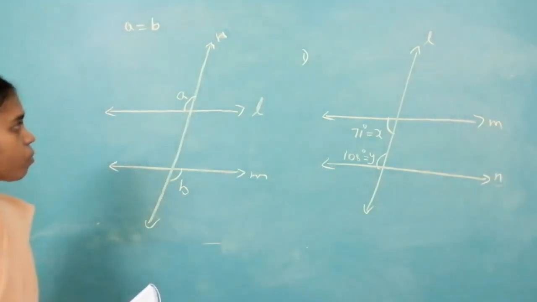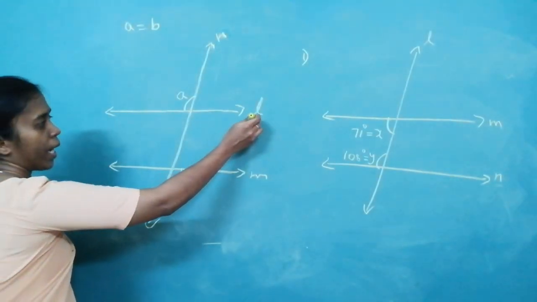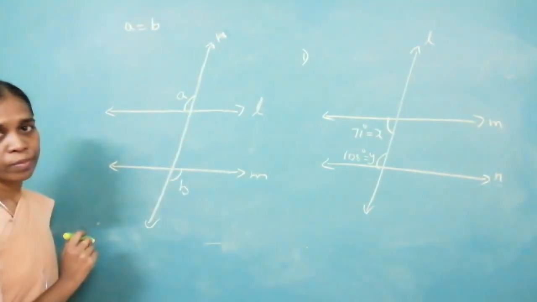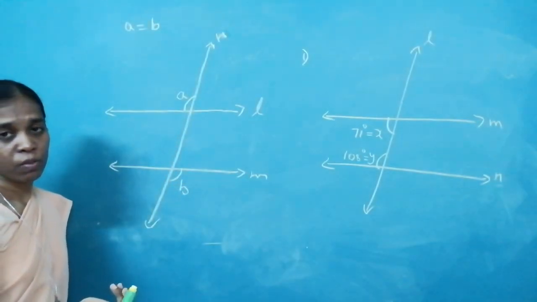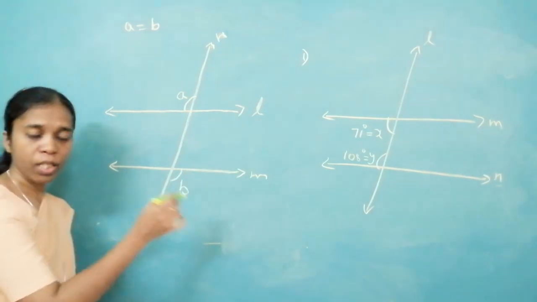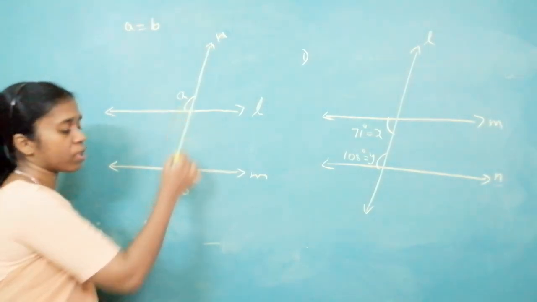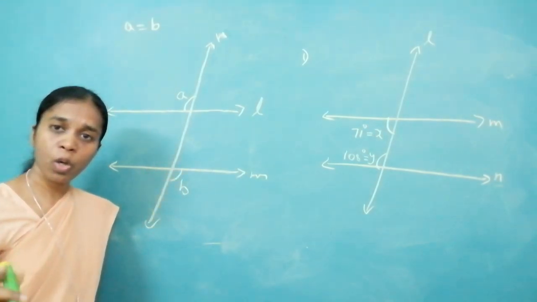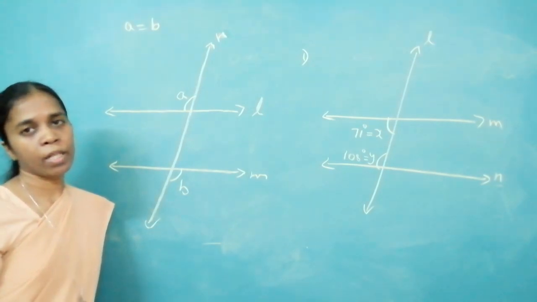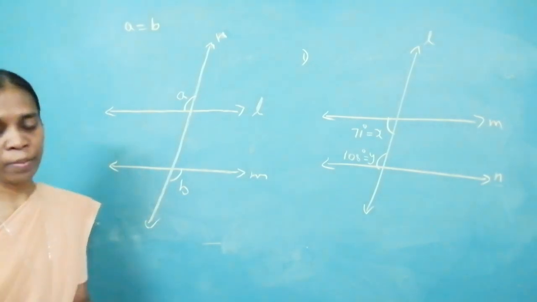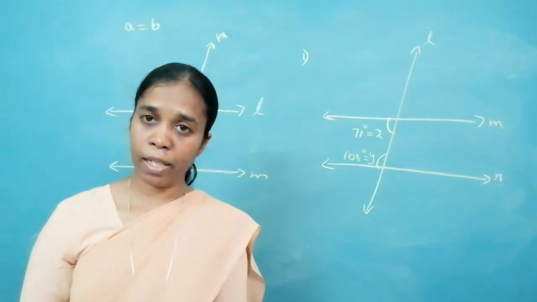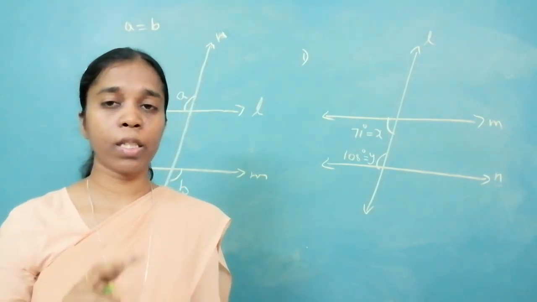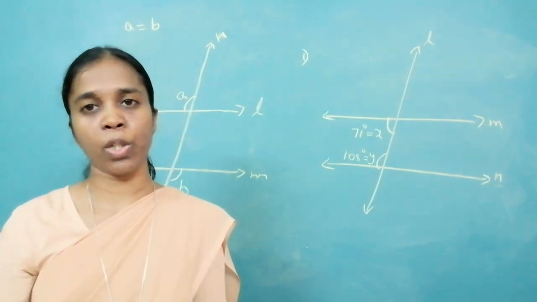The second one: you are told that line L is parallel to line M. You have to show A is equal to B. You know which property. You are told that these are parallel. If these are parallel, what type of angles are these? You already know. They are exterior alternate angles. So if the lines are parallel, then surely they are congruent. The remaining questions we shall do later. So we shall stop over here. Please learn properly. And those three theorems, you have to write in your notebook.